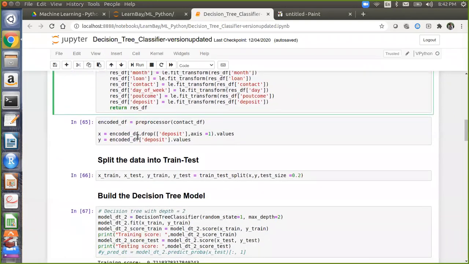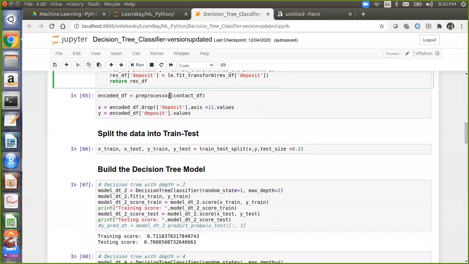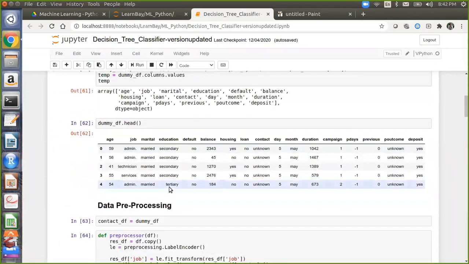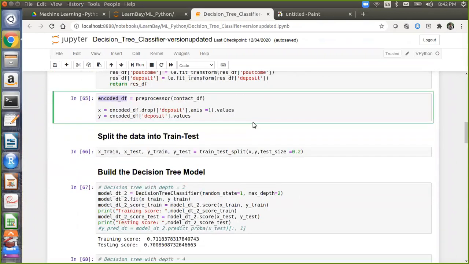Now once you have done the encoding, I am collecting this data into encoded_df. So now your data frame will be available, encoded in nature. You can print this data frame and see the difference between this and the one below. All these numbers will come in a different format, so you can do this at home.